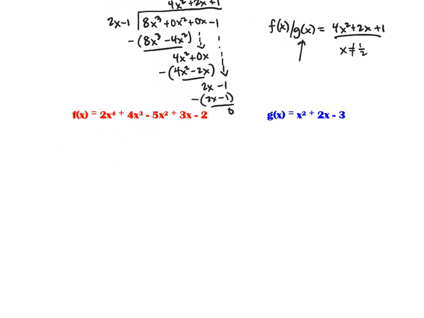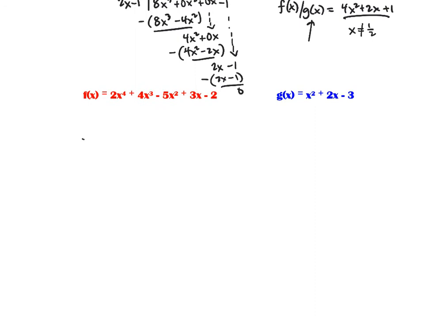Okay, let's do another example here. This one's getting a little nasty. So I'm going to take x squared plus 2x minus 3 divided into 2x to the 4th plus 4x cubed minus 5x squared plus 3x minus 2. Okay, so now I have to consider a little bit more here. I'm going to be dropping down multiple values because the divisor has 3 terms. So I'm going to multiply by 2x squared